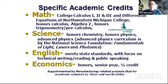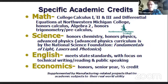So the math can be anything from algebra 2 to honors trig and pre-calc, honors high school calc, or for those students who are ready, college calc 1 and 2. Right now we have 5 juniors that just finished up calc 2. So next year they'll be taking calculus 3 and differential equations through NMC. So they'll have 16 to 18 credits of math already under their belts for when they go to any college